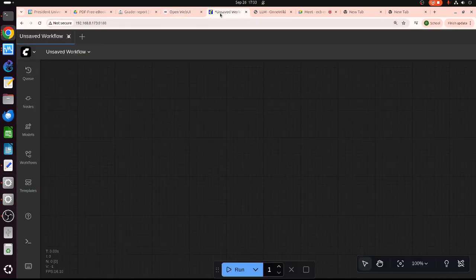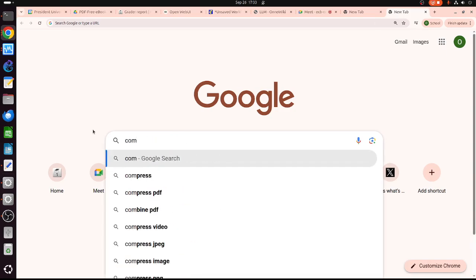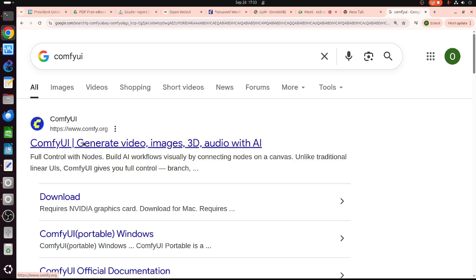And this one is ComfyUI. Both are open source. You can play around with both of them. You need a gaming PC, basically. Beside me is not a PC, it's a very expensive gaming laptop, but not the maximum.